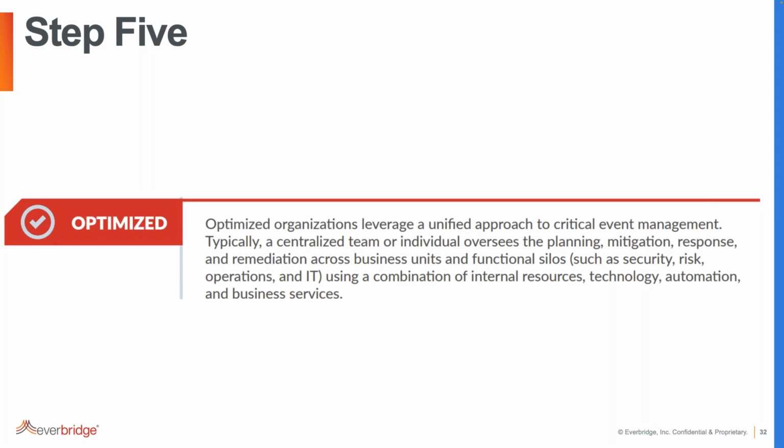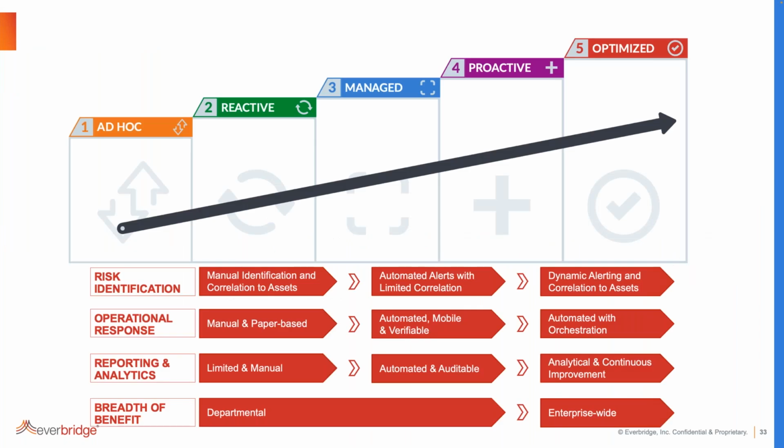Now, these don't operate on their own, right? You don't just simply take one step and go from ad hoc to reactive. There are different things that you can do in each area that we've talked about to kind of progress down that path, right? And some of those ones that we've identified might be risk identification, right? We'll take the top one. If you're manually identifying any type of risk that occurs, right, by watching the news or looking at a raw feed,